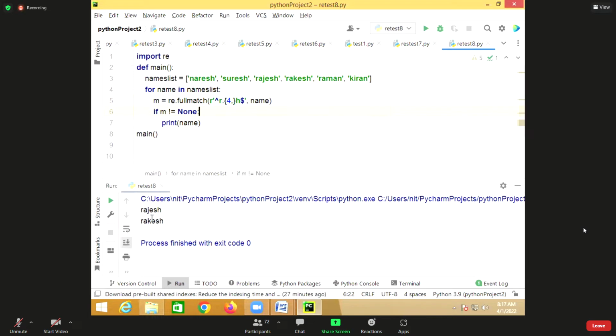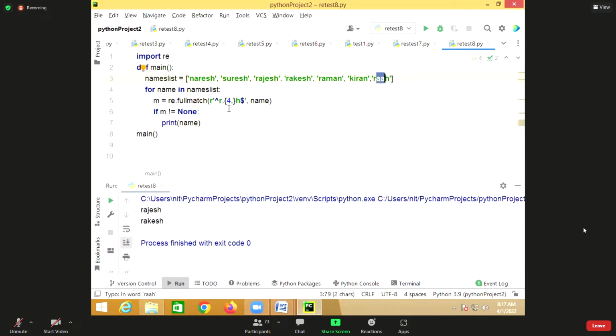So there is a Rajesh and one more is Ragni. Suppose there is another name, some name I've taken, which starts with R and 2 letters, and then H, like RAAH. The name starts with R, but how many characters are there between R and H? 2.